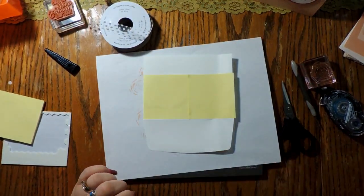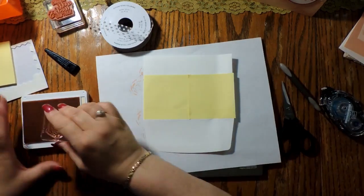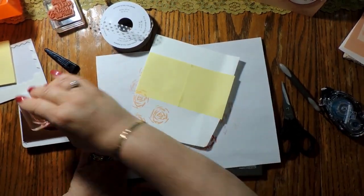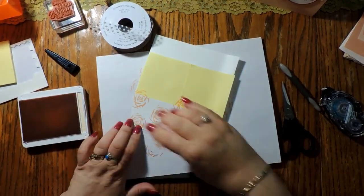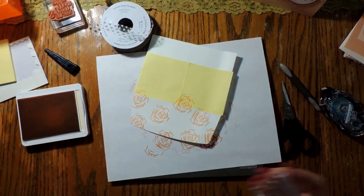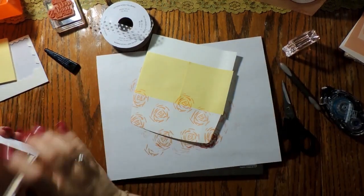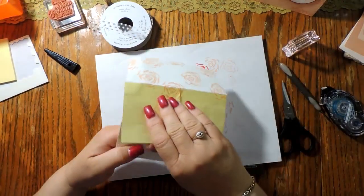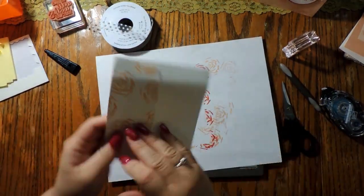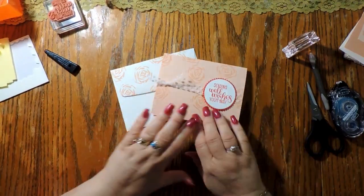So now we can randomly do our flap, and we're going to use the petal pink this time. Again, using our rose. There. That should do it. Close that up, peel away the sticky notes. We now have a coordinated envelope. Pull all the stuff out of your way. There you have it. An adorable